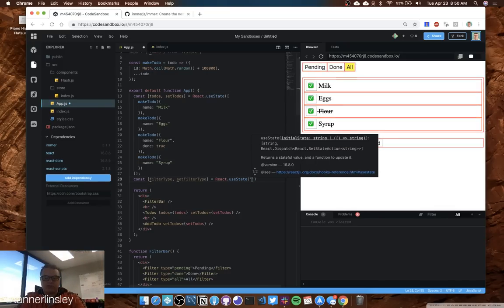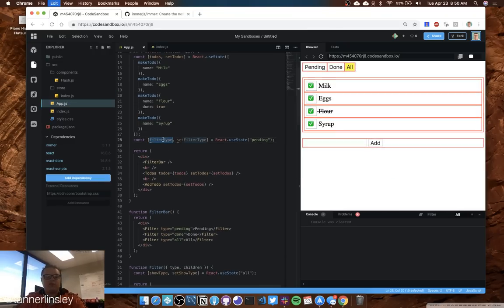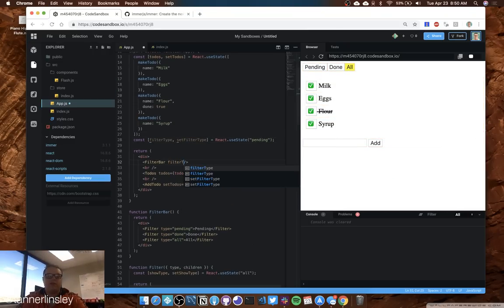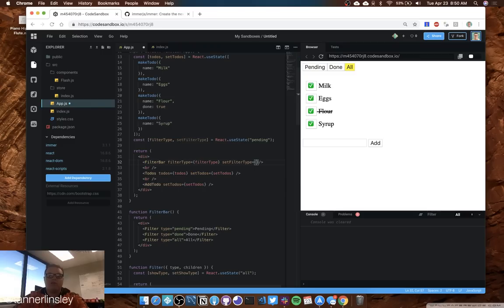We'll just use strings for this, and we'll start it at pending. Then we're going to need to send that filter type down to the filter bar. And then we're also going to need to send down the set filter type to,